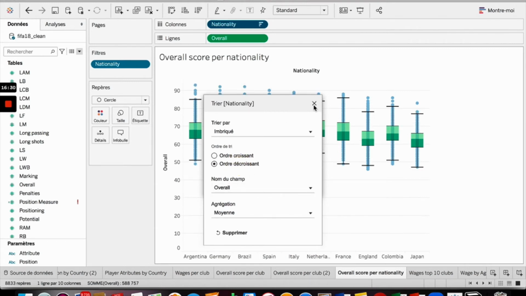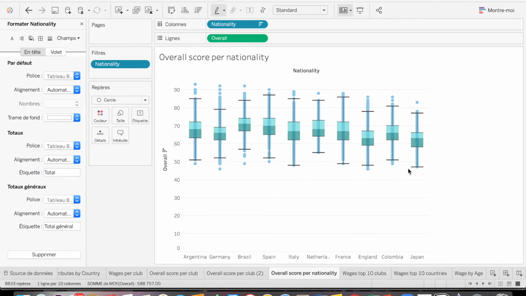So we have this, and we can see that the order is not quite what we expected, because the mean is higher for Brazil, then we will have Spain, then Argentina, Netherlands, France. This is because it is also taking into consideration the number of players for each of the countries. So to see the right order just by the overall